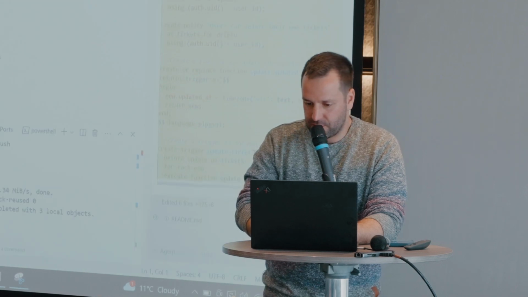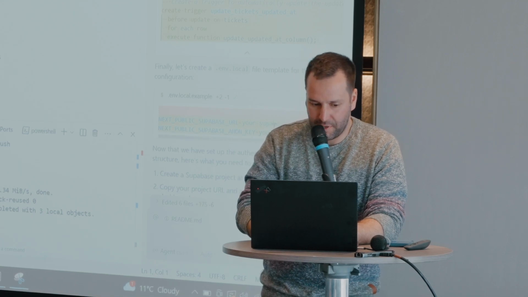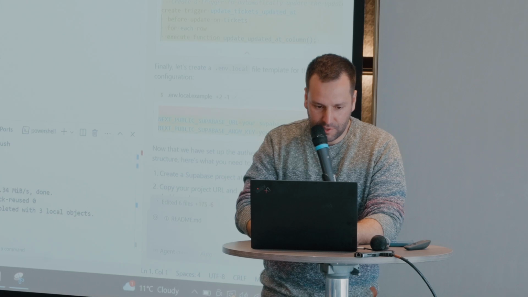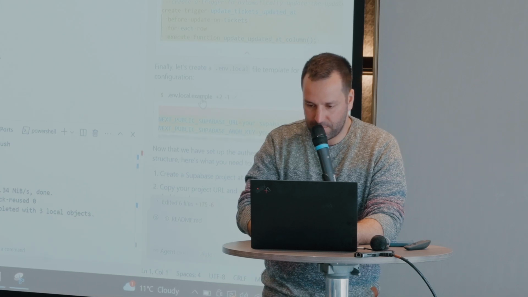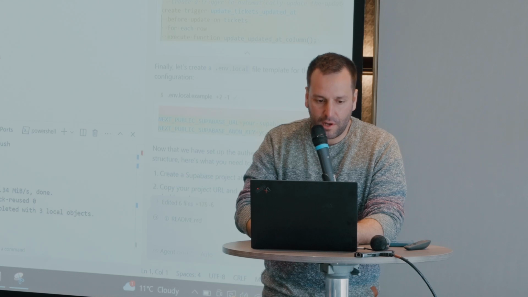Go back to Cursor. It also needs the password, the API key of Supabase, to connect there. This is easy as well. I just need to find the environmental file. Where is it? Oh yeah, thank you. So here I need to paste